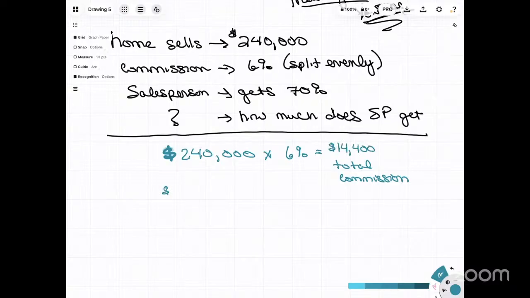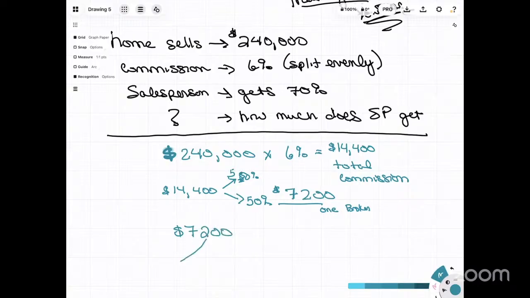Now we know that 14.4 is split in two ways. So 50% goes to one side. That's a 5. You just can't tell. And 50% goes to the other side. So how much is that 50%? What is that? 7,200? Yes, indeed. I can do math in my head. That's 7,200 each. Go ahead. Now remember though, we have to make sure that we remember the salesperson is only getting 70% of